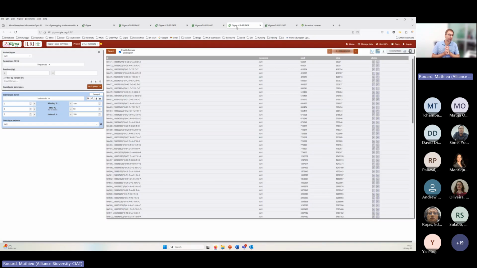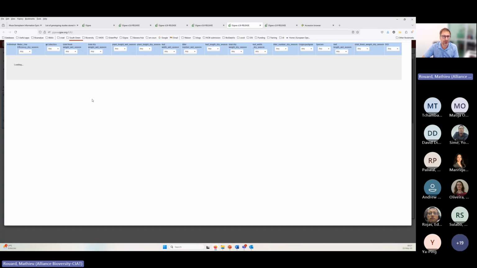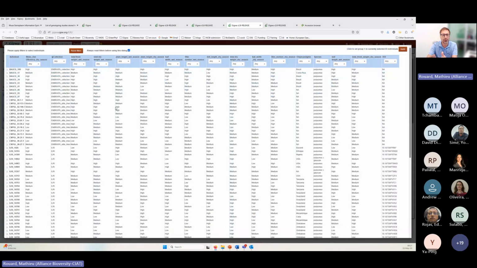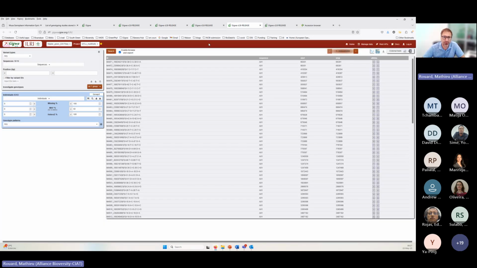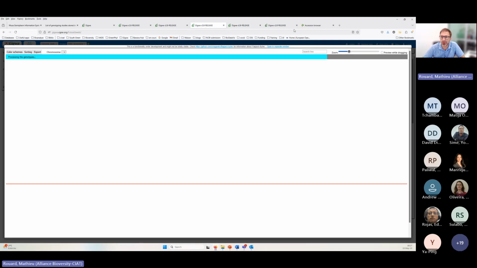So I take this time just to show you what we have in IRI. It's information that was extracted from a publication, and we could insert that on Napier grass, which is a forage crop. And what is interesting here is that we could integrate in the metadata a lot of traits, for instance. So people can make some selection of data based on different traits, and try to discriminate what is the genetic information for the different traits. Okay, still loading, but